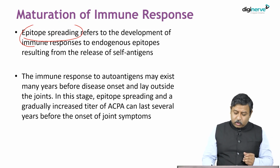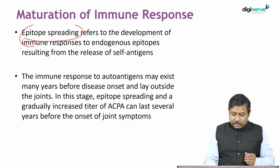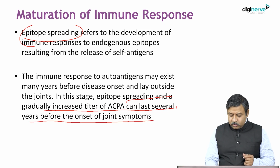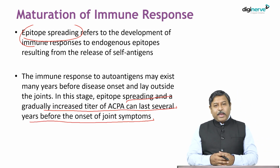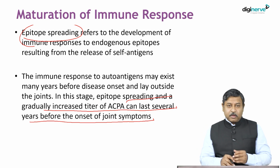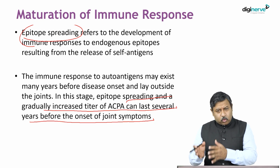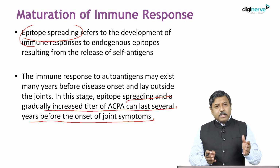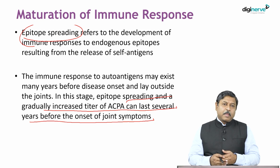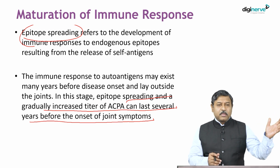The immune response to autoantigens may exist many years before disease onset and lie outside the joints. In this stage, epitope spreading and a gradually increased titer of anti-CCP can last several years before the onset of joint symptoms. We had one study where we had pooled serum of military personnel, stored for more than 20 years. And of those who developed rheumatoid later, it was seen, and also lupus, that these antibodies, rheumatoid factor, anti-CCP, are actually present years before, sometimes 10 years, sometimes 14 years, 15 years before the onset of